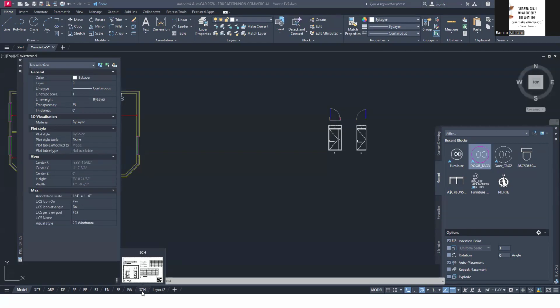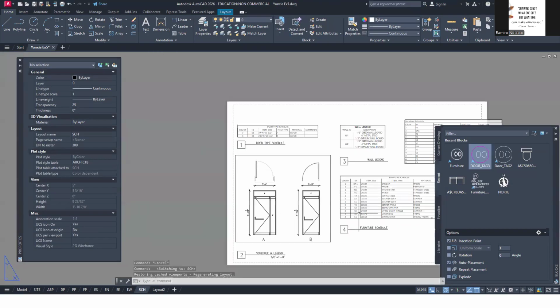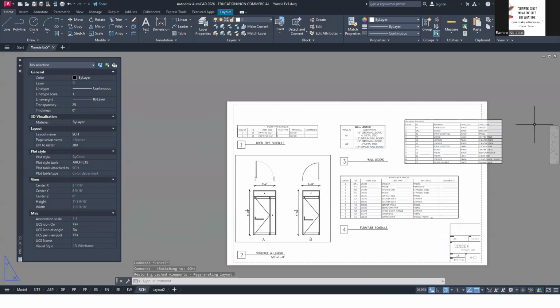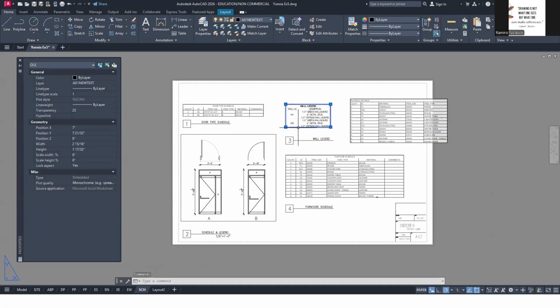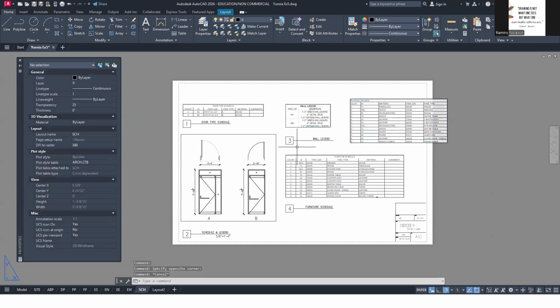Okay, so under schedule, you'll see here the different schedules which we can extract or create within Excel. So I'm going to show you how to extract data. And of course, this one, you can simply type in Excel and bring it in here. Okay. Notice that this is in paper space. So you can place it in paper space. So you can do all of this, right? I'm just going to show you how to extract it.